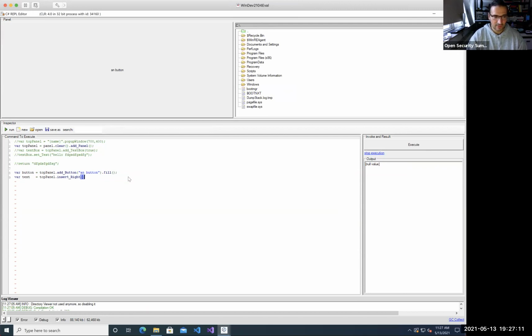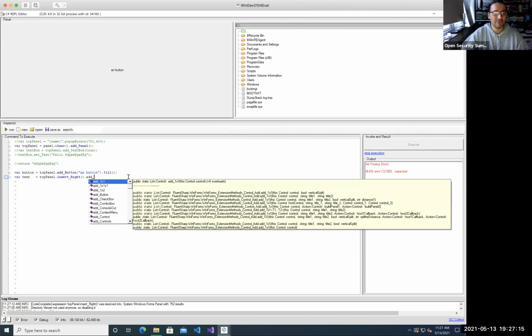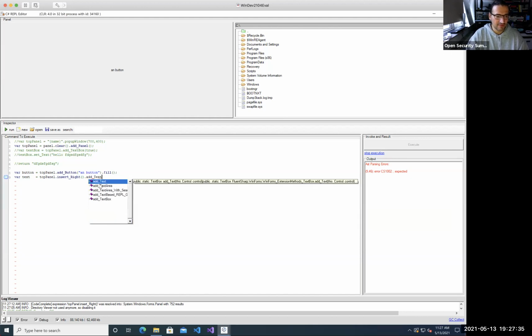So in this case, I want, and by the way, these are all extension methods, right? Which basically extend the panel property. You can actually see here, you can see this control, and basically you can see it's actually on Fluent Chart, WinForms extension methods. By the way, it will be on that repo in GitHub, right? Called WinForms, O2 platform WinForms. So okay, let's add, instead of a text,